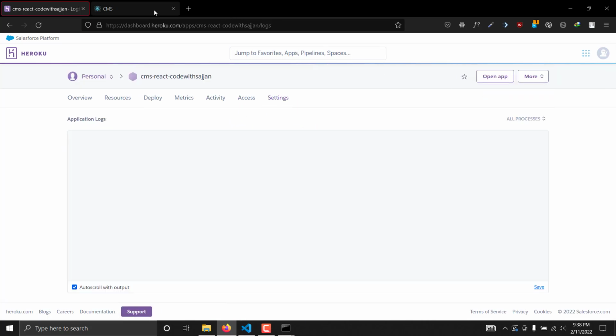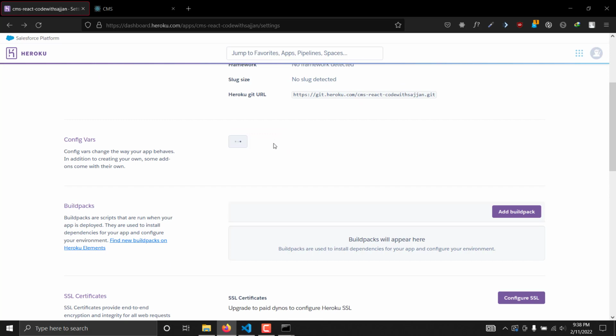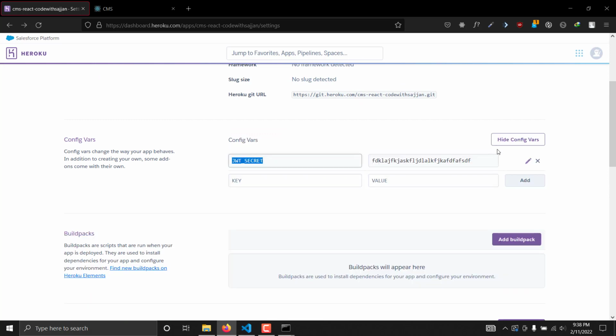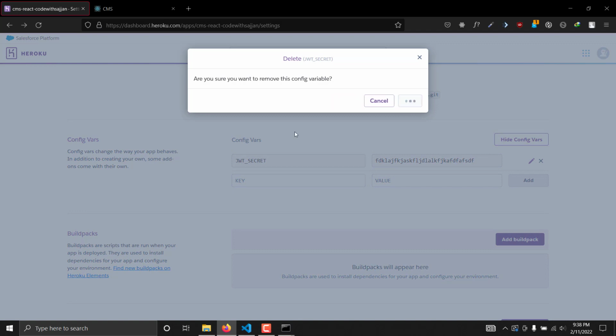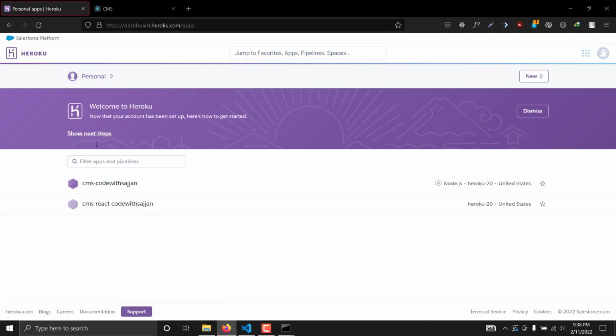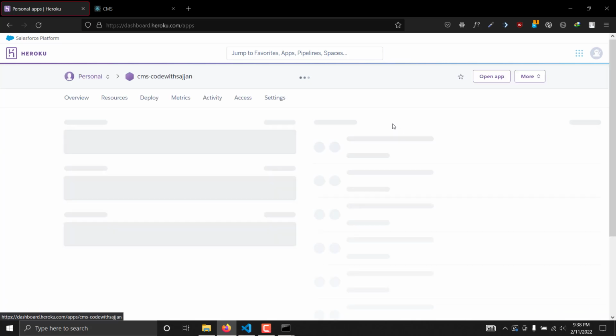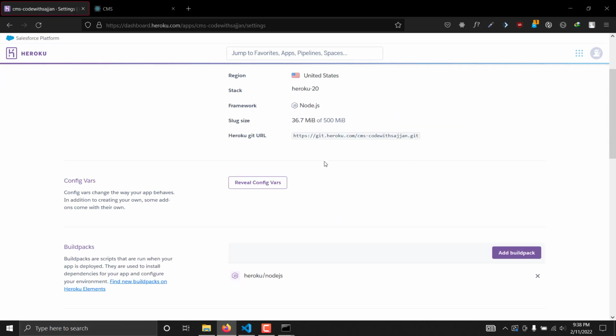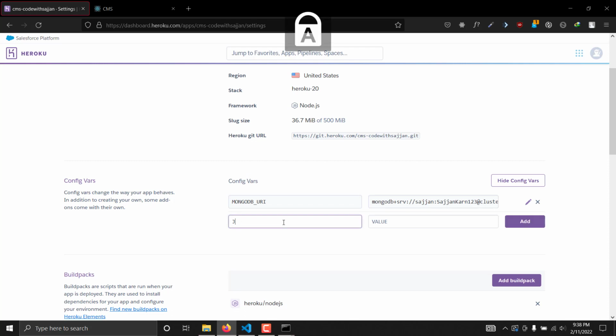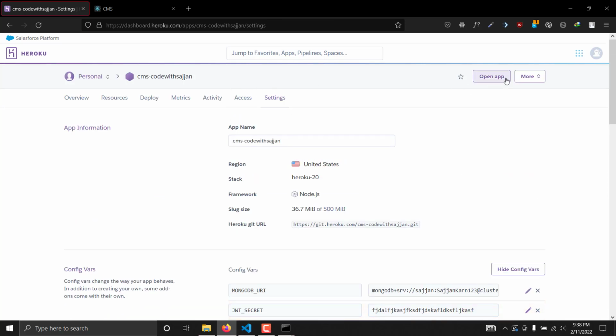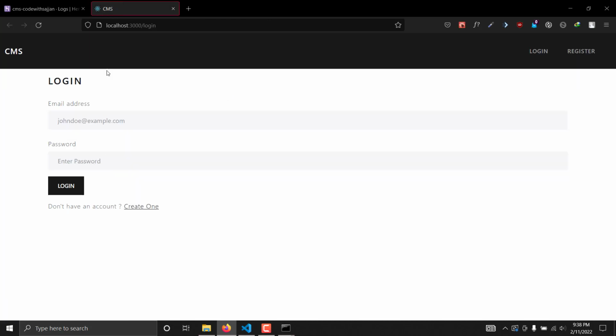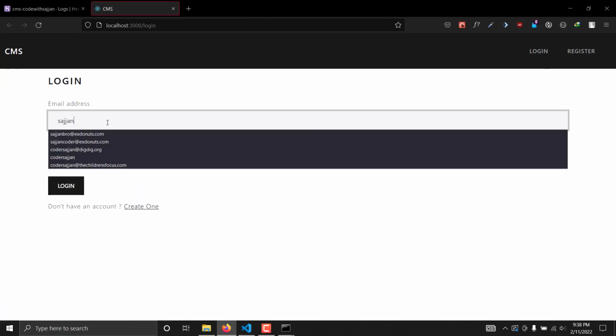Okay, we'll go to this view logs. Okay, we have made a simple mistake, that is we don't want this in our React app, right? We want this in our backend. So I'll go to this settings, I'll go and reveal config var, and I'll replace this with this new one, and I'll write here whatever I need as the JWT secret text. So if I hit add, and if I go to this and write here view logs, and let's suppose